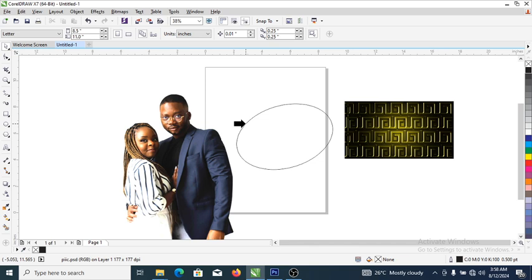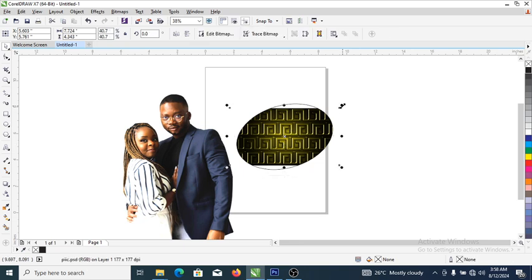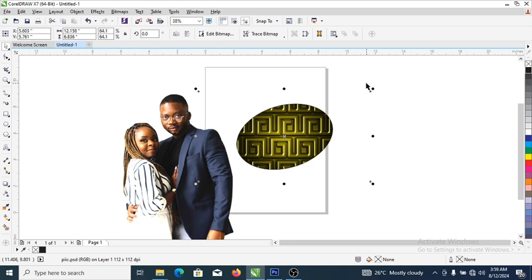Automatically an indication pops up, an arrow asking you where you want to PowerClip this into. So right now all you need to do is select the circle. Automatically it PowerClipped into the circle. So let's head over and just hold the Alt key, select the email, release the Alt key, and adjust just like so. Good,